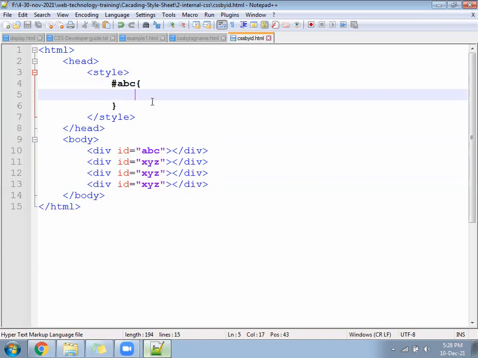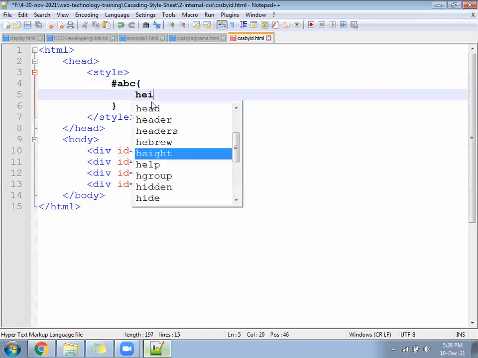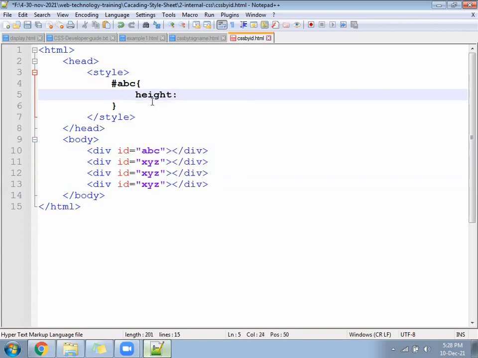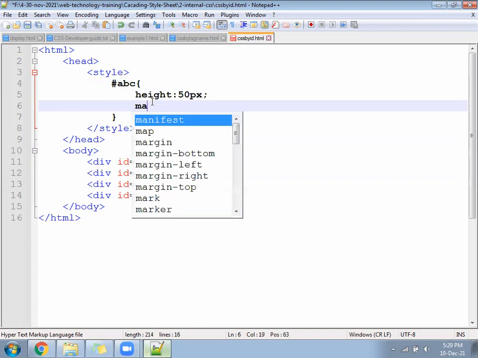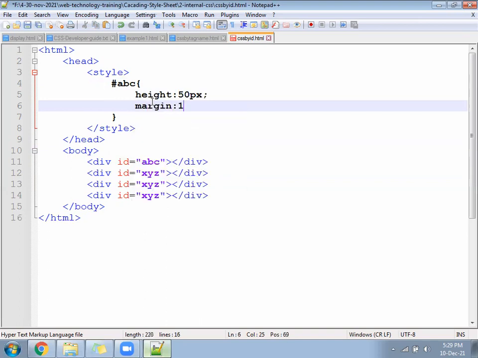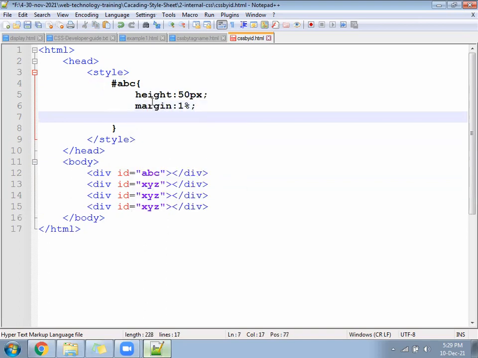Okay, so right there, height of the ABC, 50 px, and margin of ABC, 1% gap from all the sides, and background of ABC, something orange color. Okay.